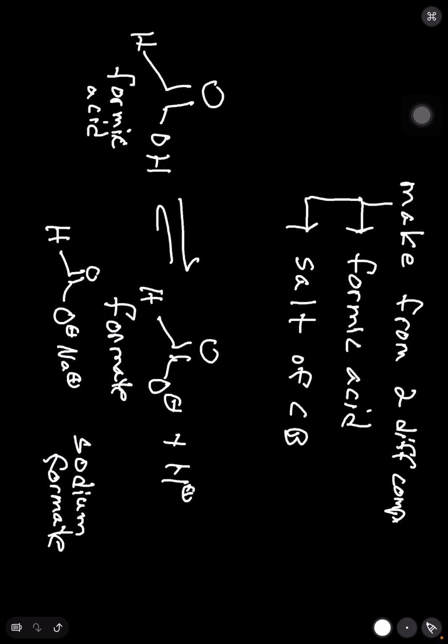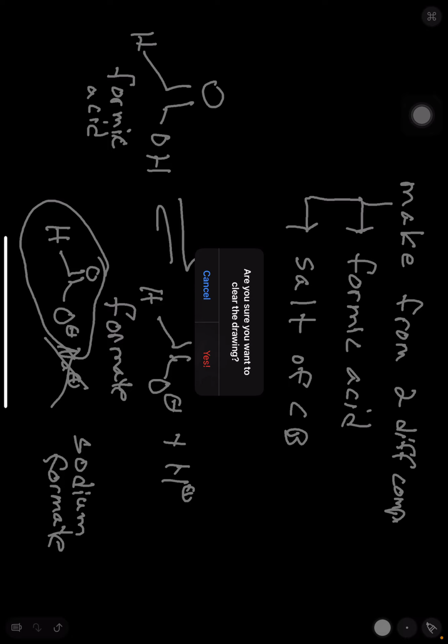As you know from Gen Chem, if you take a sodium salt and put it in solution, it completely dissociates. So when you do this, the sodium formate will dissolve, the sodium becomes a spectator ion, and that gives you your formate. So if you find out exactly how much acid you need, you can add that directly as formic acid. If you figure out how much formate you need, you can add it directly as sodium formate. That's how we're going to try to approach this one. We're going to use formic acid and sodium formate to make this particular buffer. All right. So let's